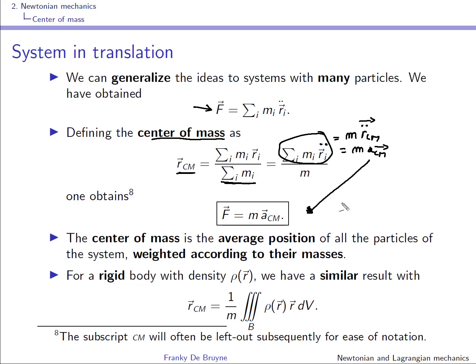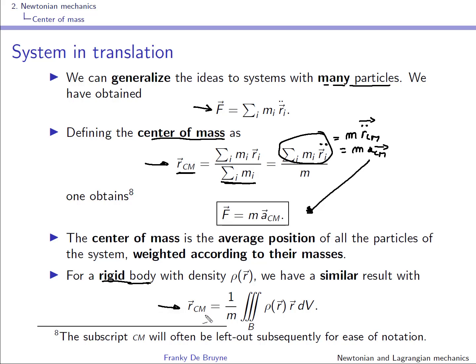So this is the second law of Newton, written for a system of particles, and you can see you can write it exactly in the same way, but you need this notion of center of mass. Here we've defined this notion of center of mass for a system with many particles. Suppose that you have a rigid body, which says that you have kind of an infinite amount of particles. Things are dense. Well, then you have a similar formula